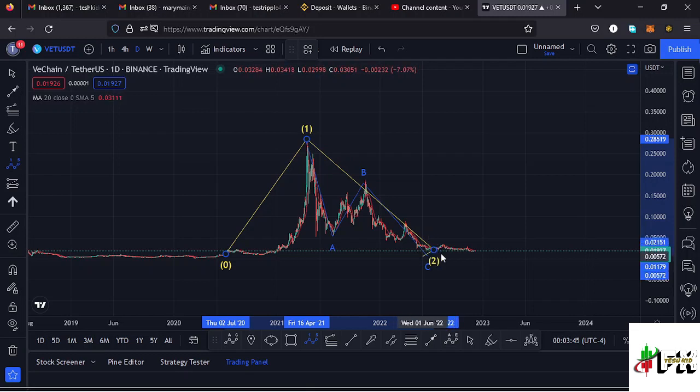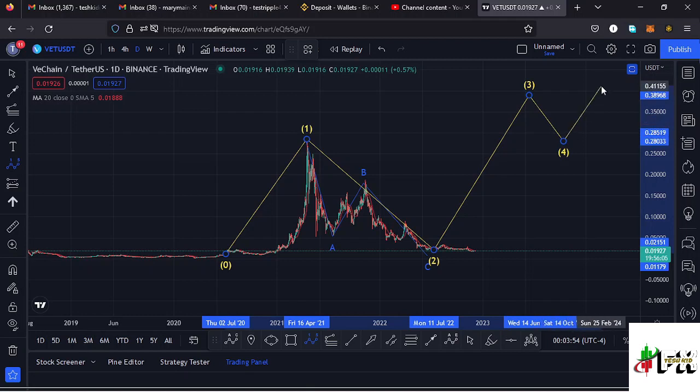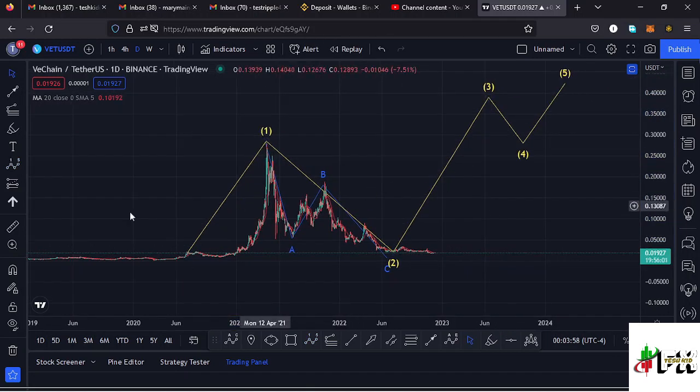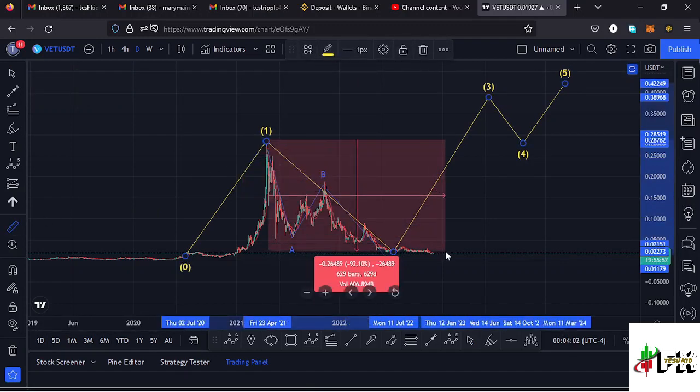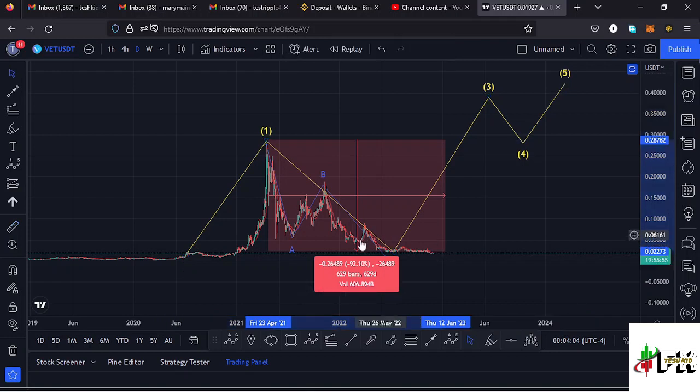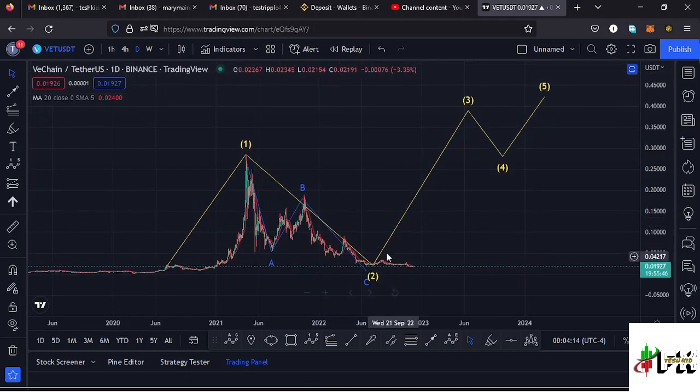And after seeing the low for this higher Elliott wave count 2, whatever I expect next is a bounce to the upper side in the formation of a higher Elliott wave count 3 before we see a wave 4, and then continue pushing even higher in the formation of that wave 5 to the upper side. And giving you a measure from the all-time high, you can see that Vechain is down more than 90%, and that means there are chances that we might have seen the low for this higher Elliott wave count 2, and we might also have seen the low for the bear market. And very soon I'm expecting a reversal to the upper side in the formation of this wave 3 to the upper side.